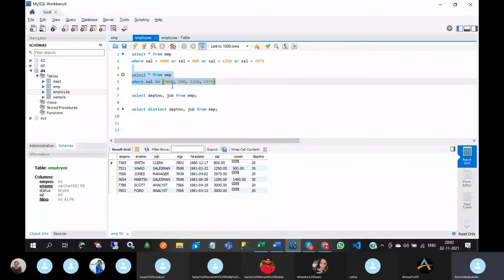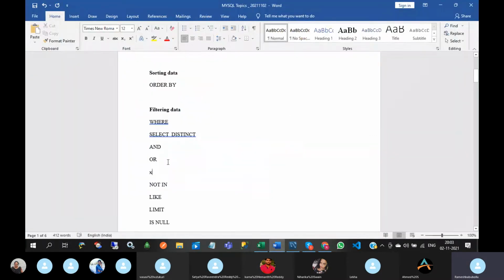See this, suppose in this salary list I enter 3100, so 3100 is not available. Even though it is not available, it will display the records based on the remaining values. Okay, that is the in operator.